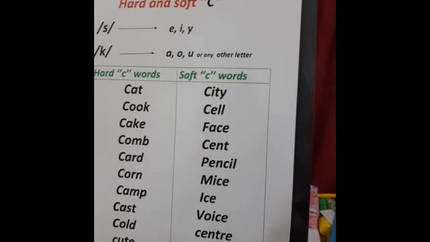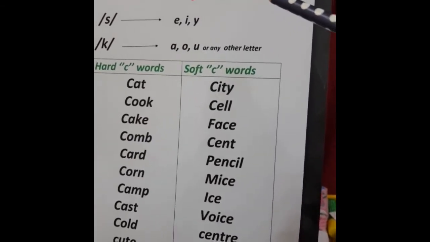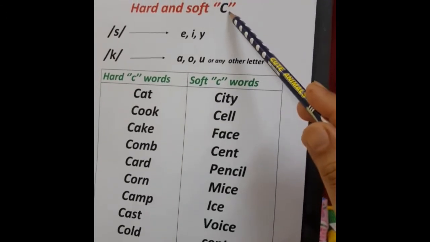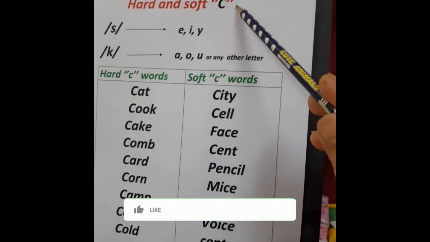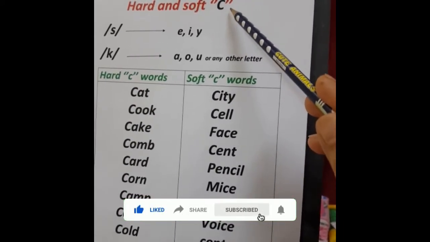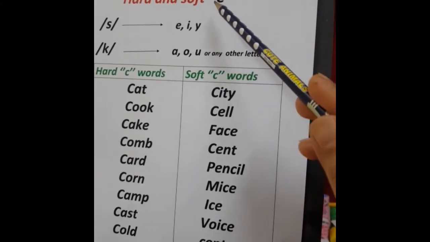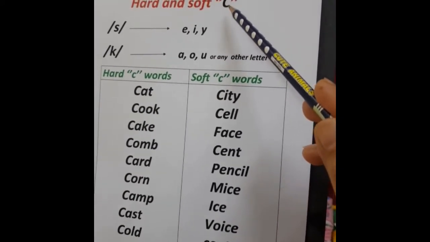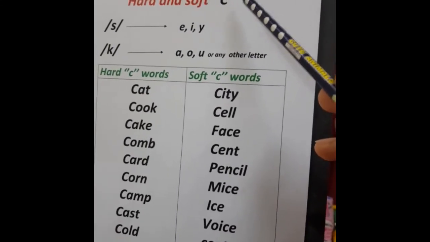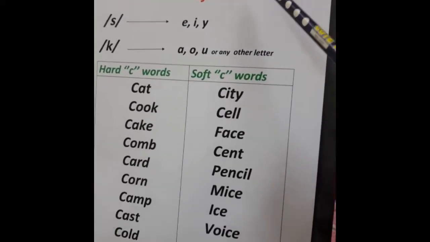Now Filza, we are going to learn about the two consonants that have two sounds. This is the first consonant letter. Can you tell me its name? What is this alphabet? C. So C is a consonant, it's not a vowel. C has two sounds. You are aware of one of the sounds. What is the sound of C? K. Yes, very good.